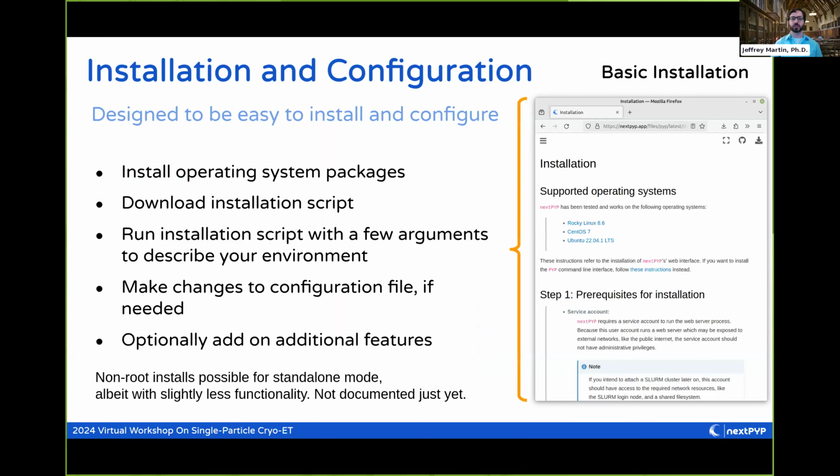So to give you an idea of the flavor of what this installation procedure is like, because who knows how long this document could be, right? I've cut it off pretty early on. But what the basic install instructions kind of boil down to is you install a few prerequisite packages from your operating system, you download an installation script, you run it with a couple of arguments that describe your environment. That's going to do a whole lot of work for you, downloading software, setting up configuration. It's going to leave you with a configuration file that you can then edit to customize the installation for your environment. And then optionally, there are things that you can add on past the basic version of our software to